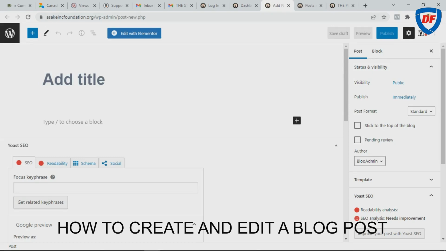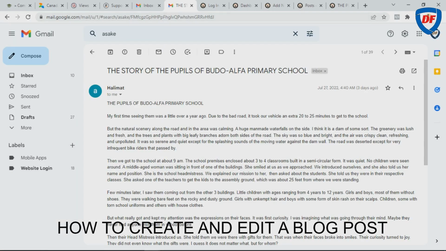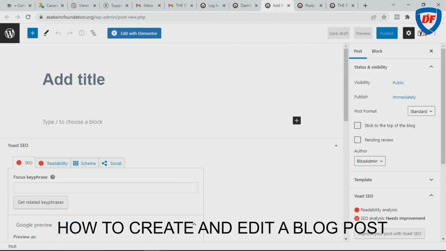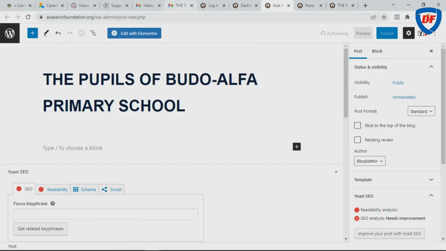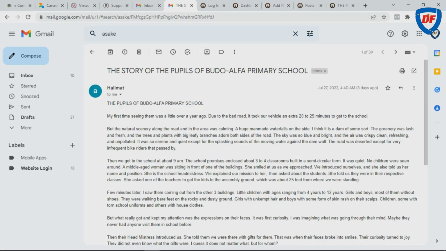So let's go to this particular post. You can copy this and go back to your new page, put it there, then you move to the body, you copy the entire body,